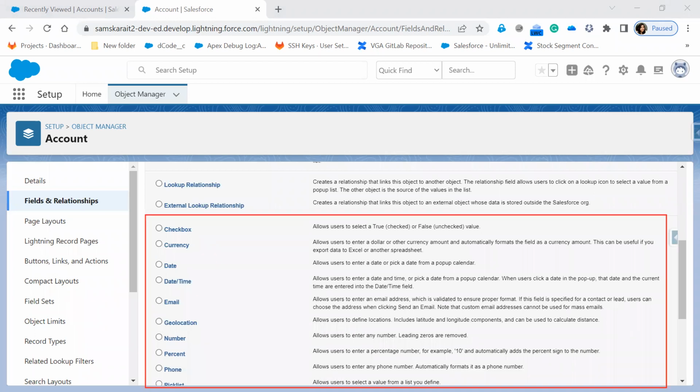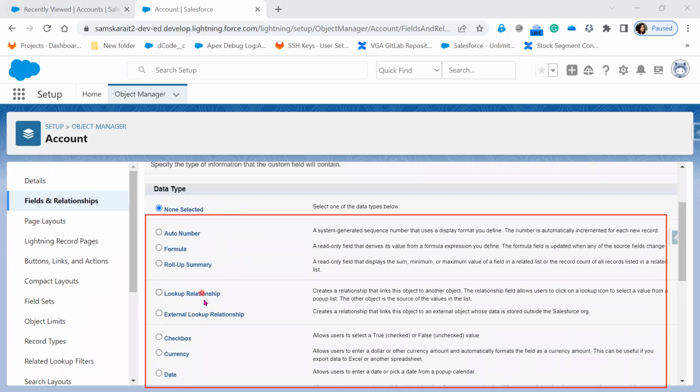And when we should be using it, and how we are going to use it, what are the limits, everything we are going to see. And today we are going to talk about only the data types. We are not going to talk about the relationship. Okay, so on top, whatever you see,